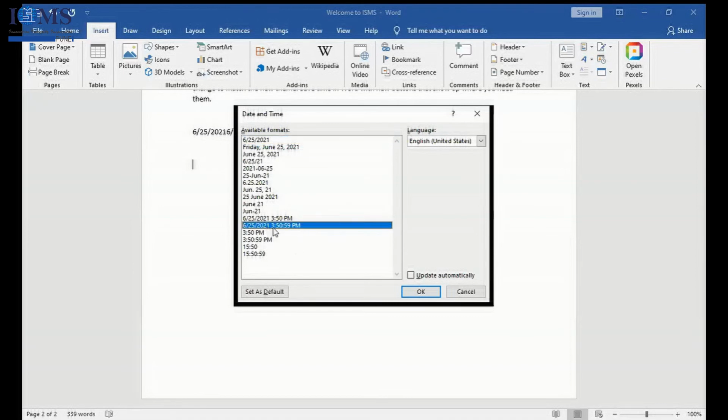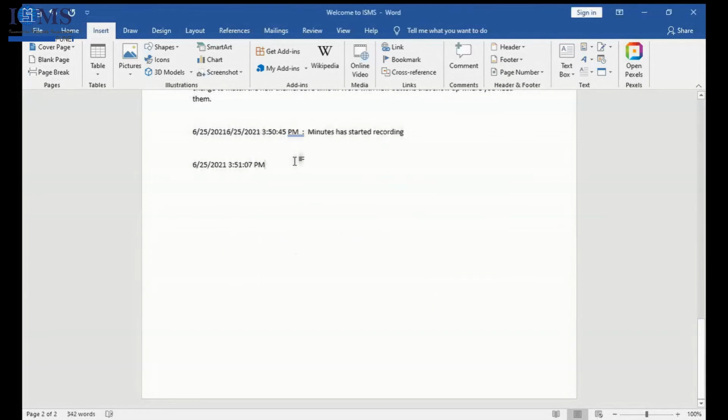We can use it like this. See, it was 3:50 and 45. Now it is 3:51 and 07. It has changed. Now, whatever things have happened, I can start. Like that, you can prepare your document with every single minute.